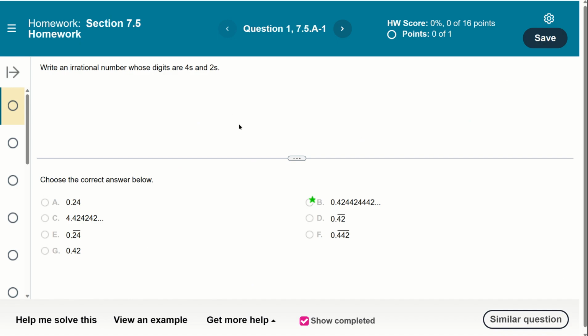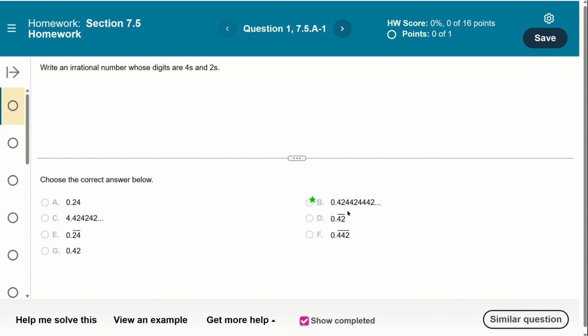All right, in this problem, we're asked to write an irrational number whose digits are 4s and 2s. So obviously, since it's a multiple choice problem, we're not just going to be able to come up with any number. So we have to see which ones we can rule out. This is, of course, rational because it's terminating. This one is rational because it's repeating. This is repeating, terminating,